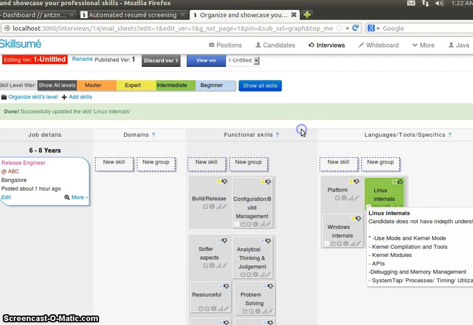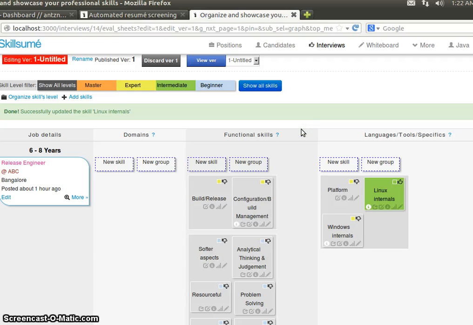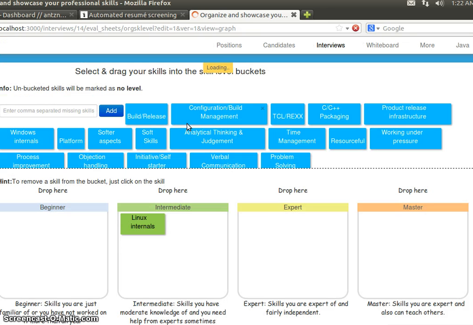Now you can choose to update the skill level of all these skills likewise, or there is another way of adding the skill levels in a group. If you click here, organize skills level, it will take us to a page where there are 4 buckets: beginner, intermediate, expert and master.